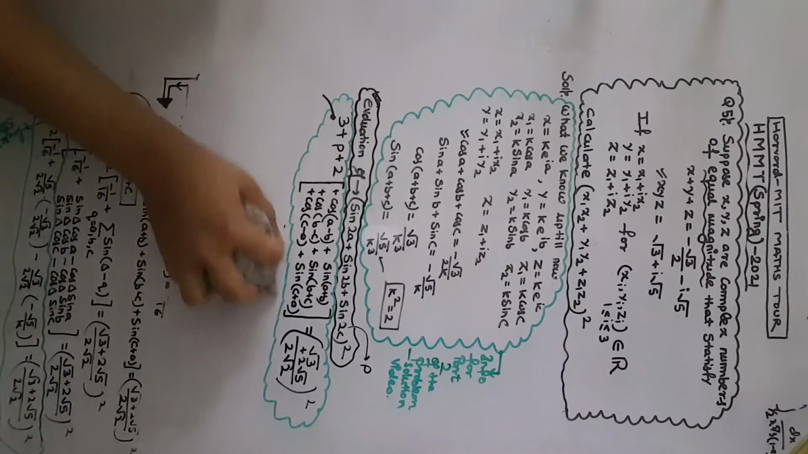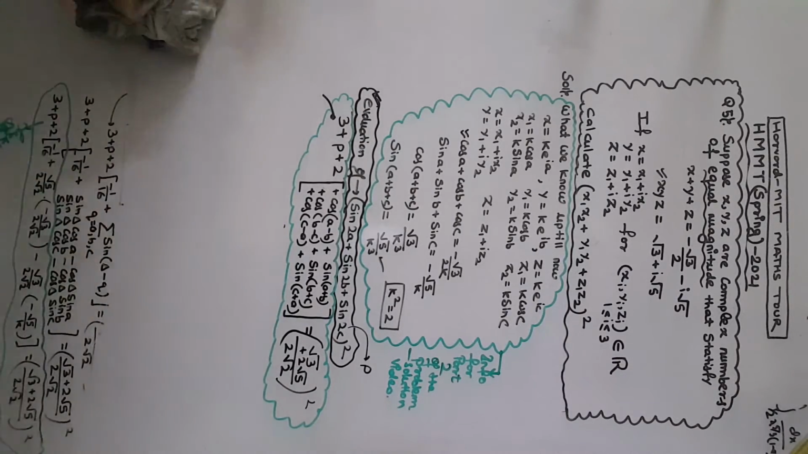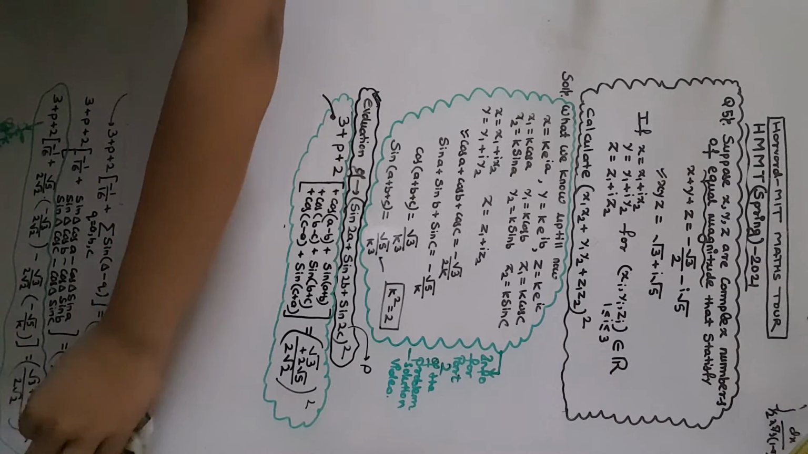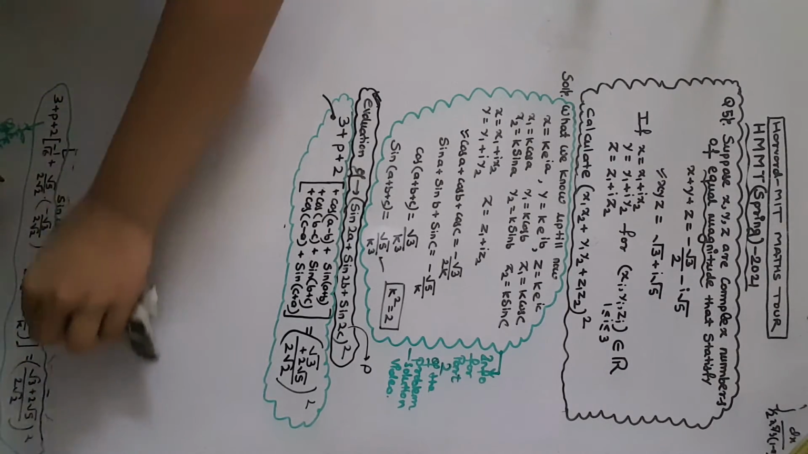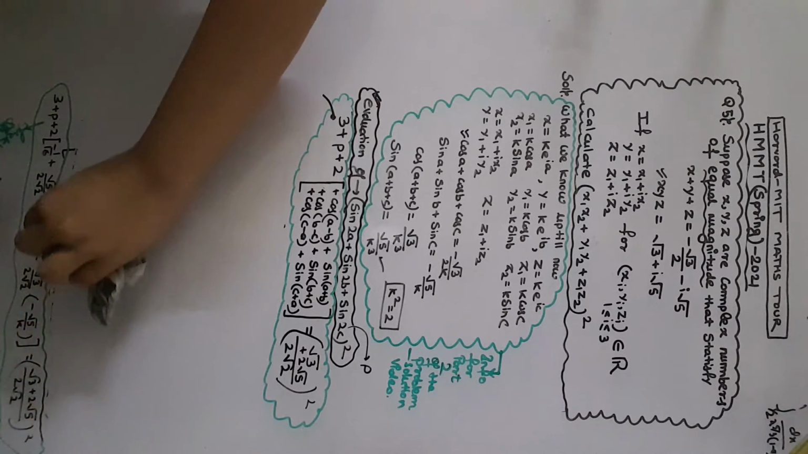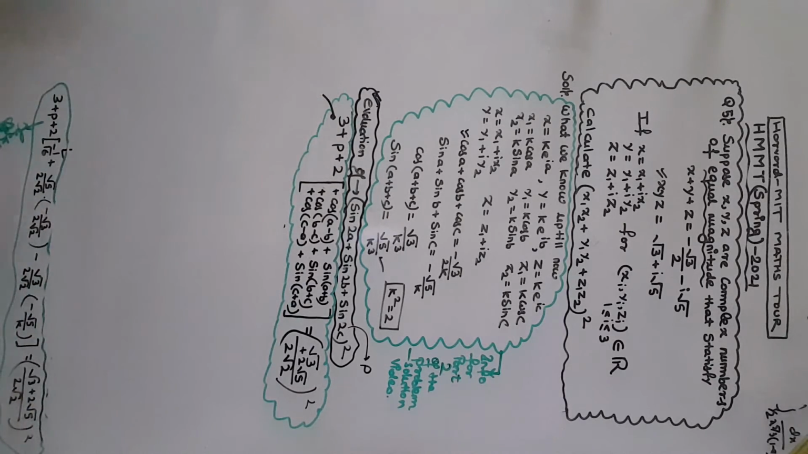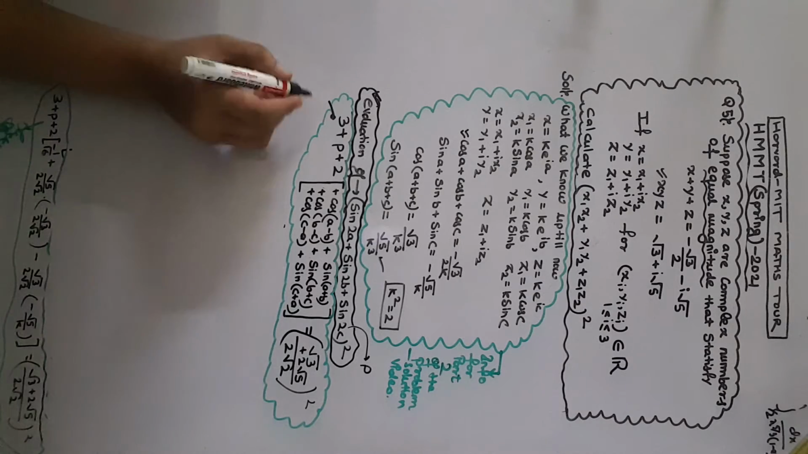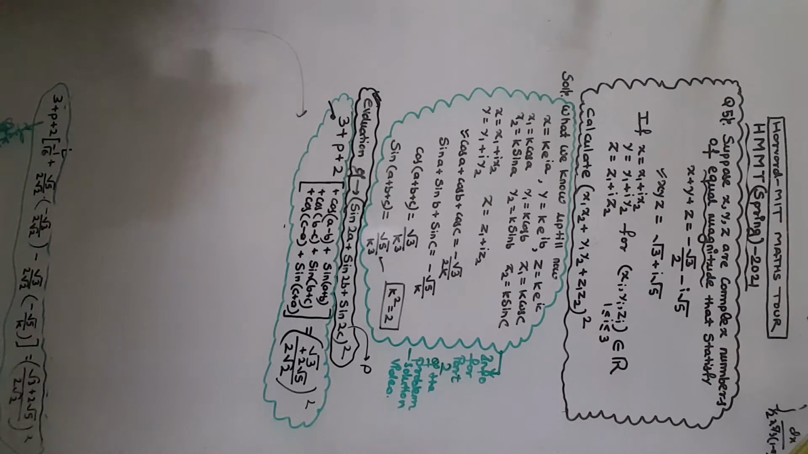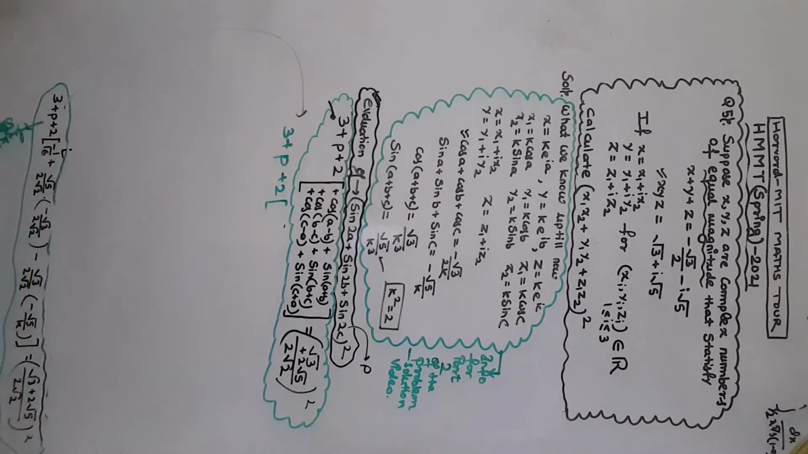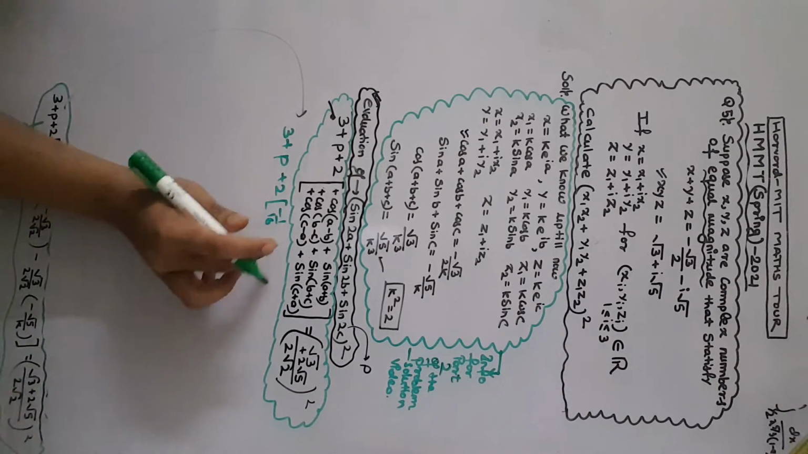I hope you can understand this whole thing here. So writing this thing here, we will get 3 plus, we can see here a p, where we need to evaluate p square here, plus twice of negative 1 by 16